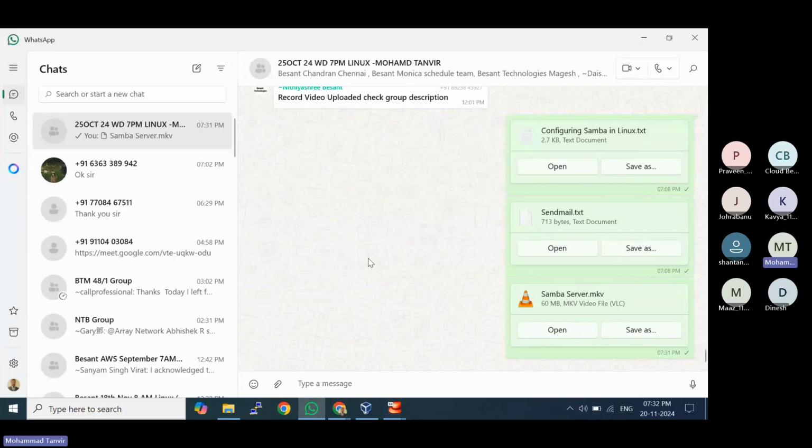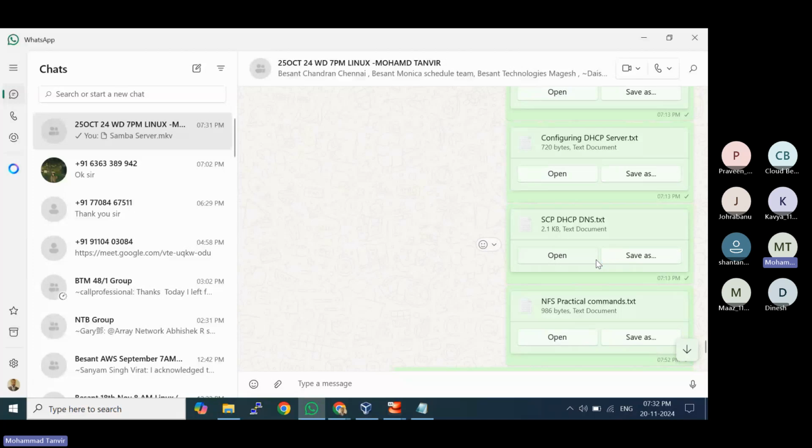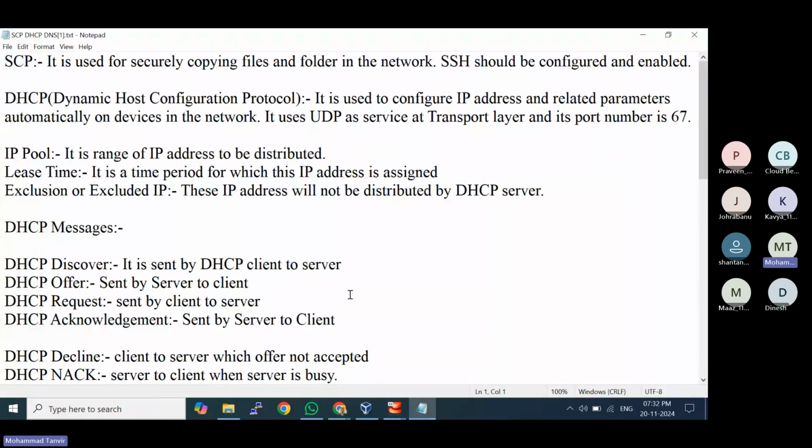Now for the DHCP. What are the things we have to do for the DHCP? First, we will see the theoretical concept of the DHCP, and then we'll move to the practical. We need to go more for the theoretical concept, because they'll ask you related to this. SCP, secure copy, is used for copying files and folders in the network, and for this SSH should be configured and enabled. Now DHCP is a dynamic host configuration protocol, and it is used to configure IP address automatically